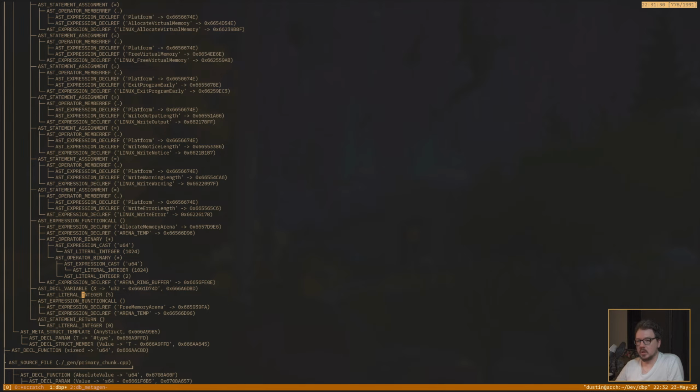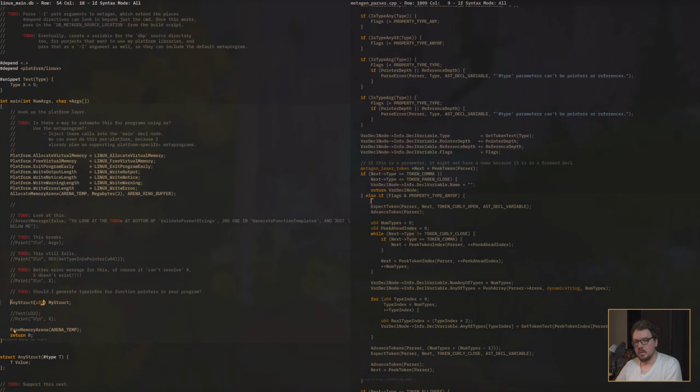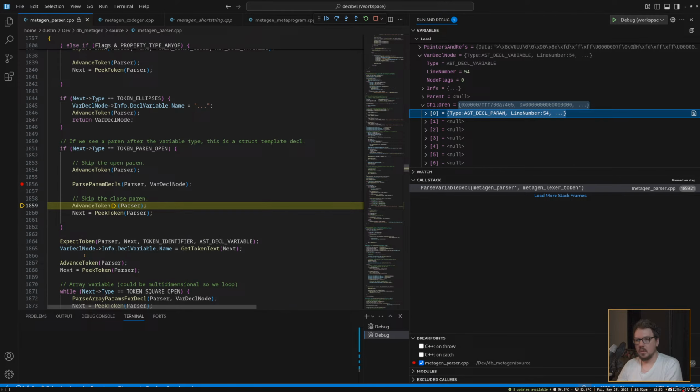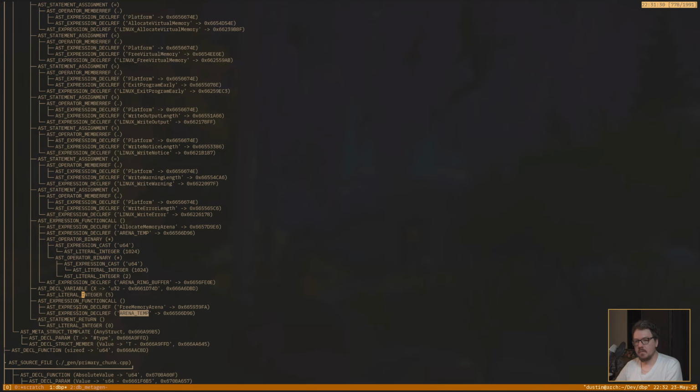Here it's a function call, we're calling free memory arena with arena temp. We're going to do a very similar structure for calling struct templates. What this should do is have a decal variable with a name and a type, but its first children will be